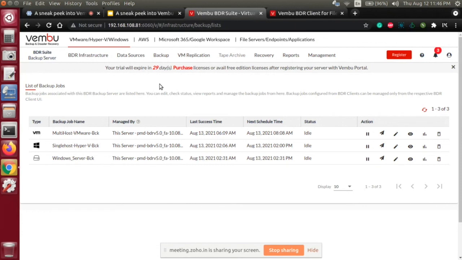As I told you, on our website you have the details. You can download the beta version of Vembu BDR version 5.0 and test it in your environment. We'll be releasing the release client version of BDR version 5.0 soon, maybe in a week's time, so you can even try that for your environment. I could see that there are questions dropping in, but at this point I'd like to move on with